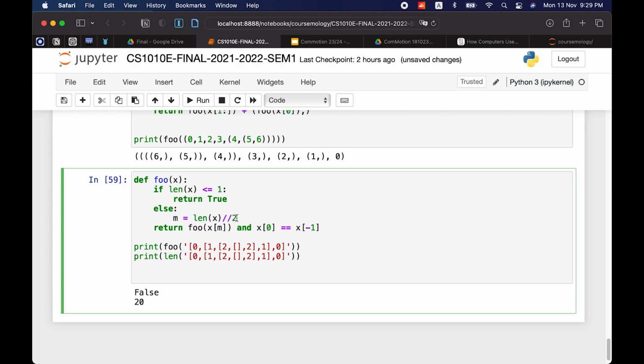M is going to be, in the first iteration, length of x divided by 2, about 20. It'll be 10. So you get the 10th one. You just get a single element, x of m, right?